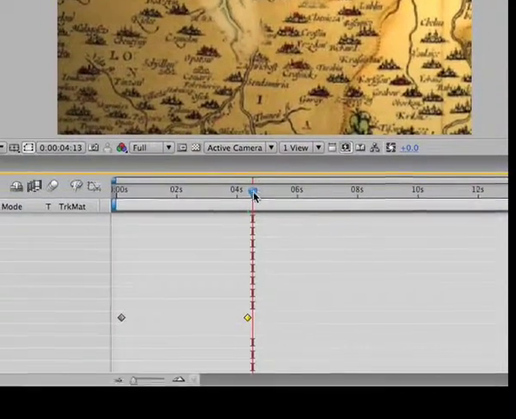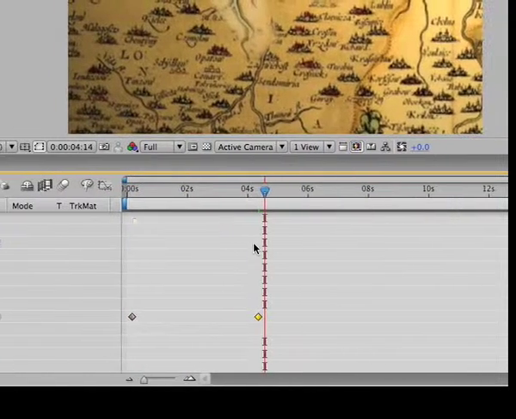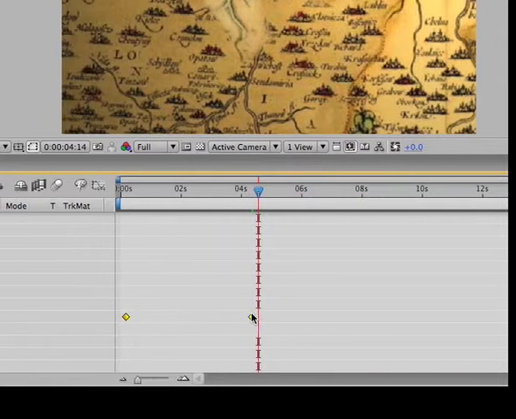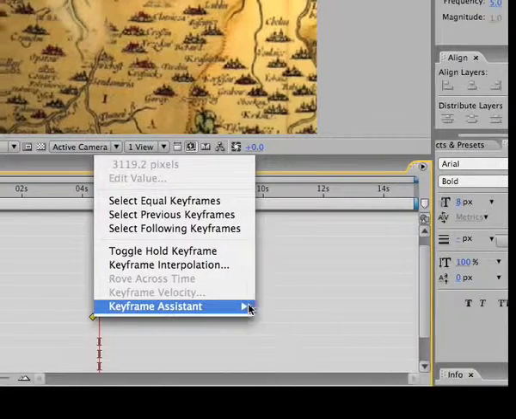What I am going to do is, at the moment the animation will go straight from one keyframe to the other. By selecting both of the keyframes, right click on them, go to Keyframe Assistant, Easy